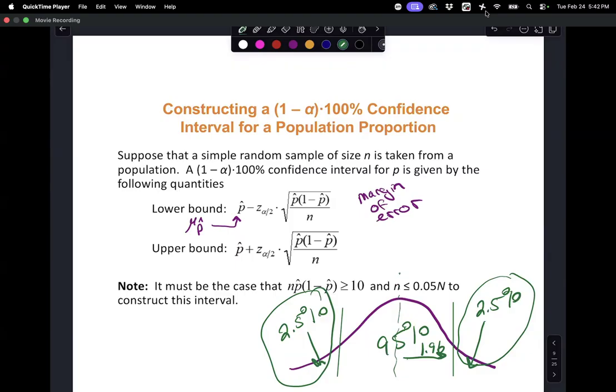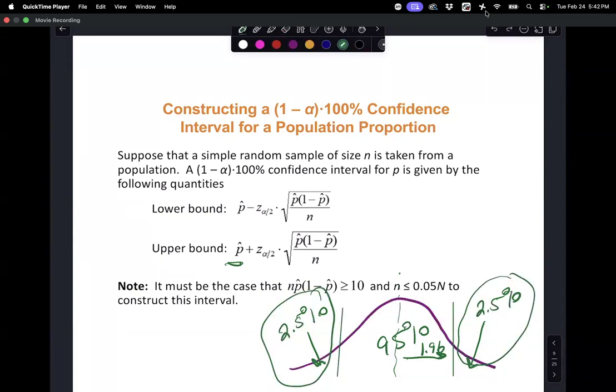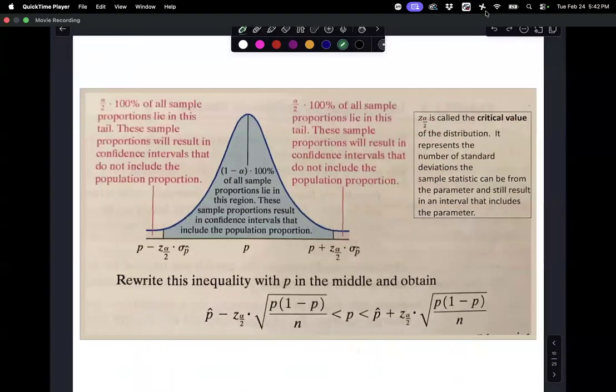Our top value is the p hat plus the standard deviation times the z-score. The bottom value, you take the z-score, multiply it by the standard deviation, and subtract it from the p hat, and it'll give you that bottom value. It's going to make a lot more sense once we're actually mathing it out. I'm just going to leave that there. Right, let's move on to actual math.